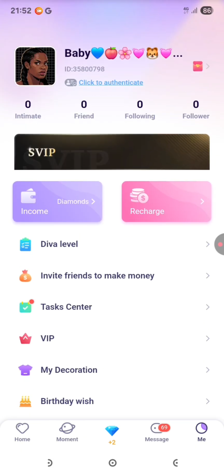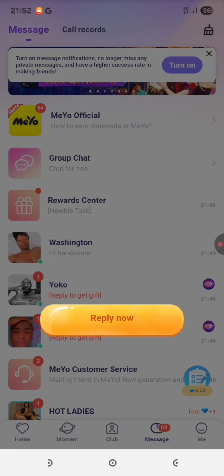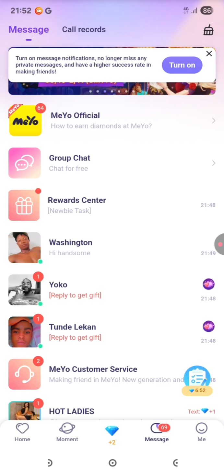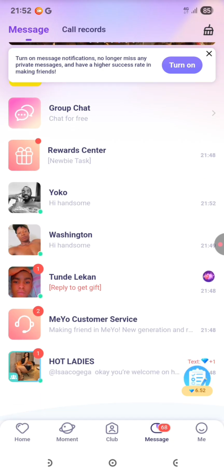Just make sure that your profile is good. Make sure you put good pictures, and make sure that you know how to chat to keep the conversation going. As you're chatting with them, you get paid. So that's basically all. Once you set up your profile, put in good pictures, chat, respond, do live stream, video call, then you get paid. Before you know it, once you respond to lots of people, you get paid. And from there you can even build